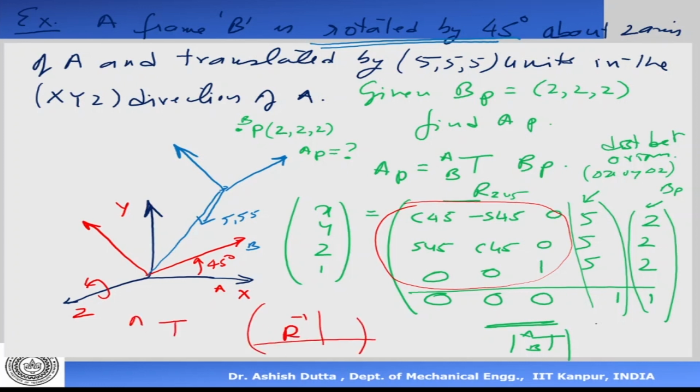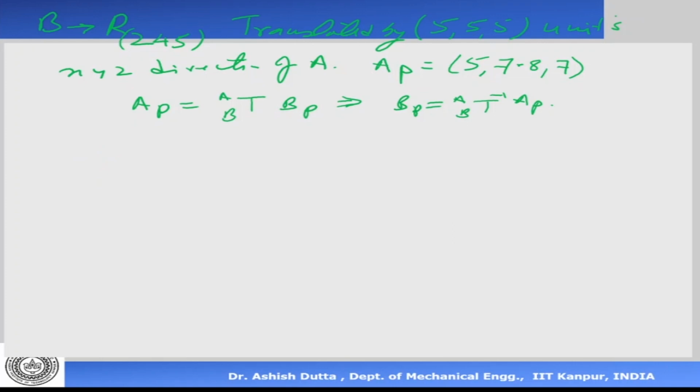So T A to B inverse is equal to this. Then this part I'm going to do minus R transpose into del X, del Y, del Z. This is always 0, 0, 0, and this is 1. That is the inverse matrix which I require. So if I invert it, let me write it this way so there is lesser confusion.